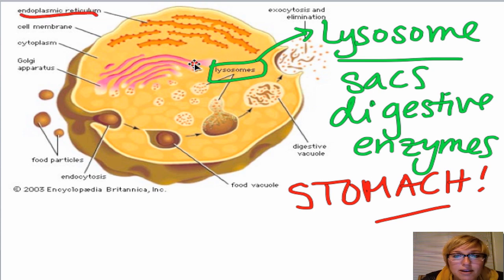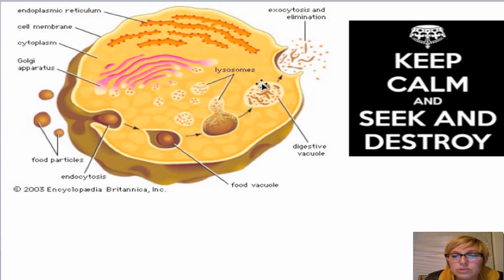The enzymes that are in them are proteins. So those enzymes are made in the rough endoplasmic reticulum. They're sent to the Golgi apparatus from the endoplasmic reticulum, where then they are sent off in, remember what these little guys are called, these little escape pods? These are our transport vesicles, and their whole goal is to seek and destroy. So their whole purpose, lysosomes, is to find big things that need to be digested and gobble them up and